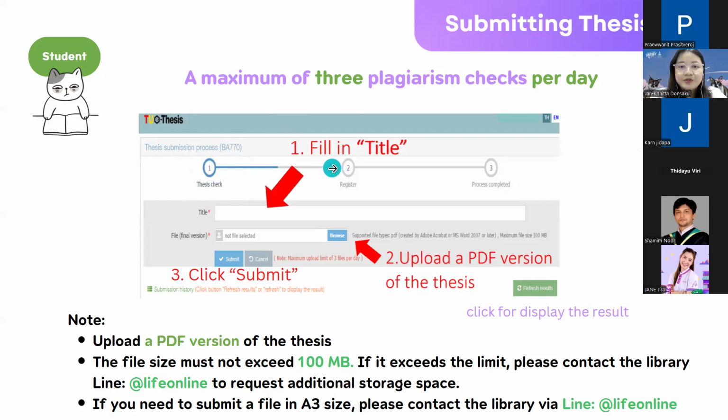And then step 2 is to register your thesis or research. And step 3 is the process complete. Here you can download the final version of your work with the watermark of Thammasat University. Okay, for the first step, the thesis check or plagiarism check, you can type in the title over here,